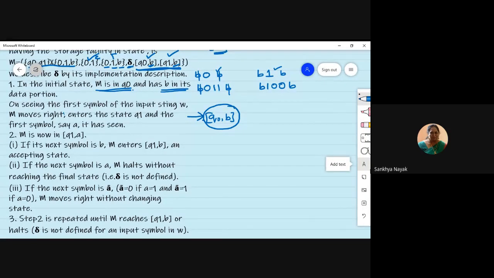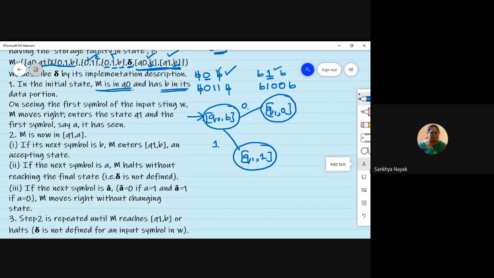After this, you will see the first symbol. For example, the first symbol can be 0 or the first symbol can be 1. Correct? So let me write two transitions on 0 and on 1. So obviously, I'll make a state change. I'll say Q1 and I have seen 0. Okay. And here I'll say Q1 and I have seen 1. We'll make the state change here.